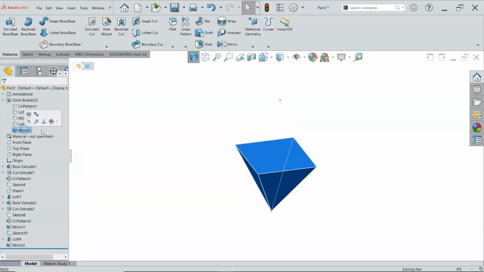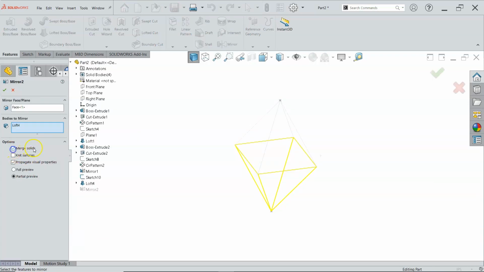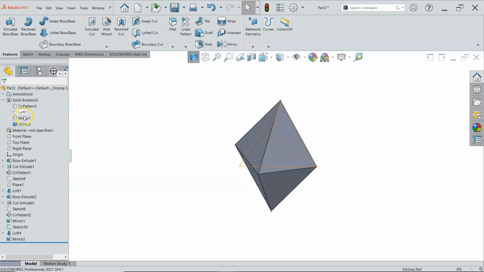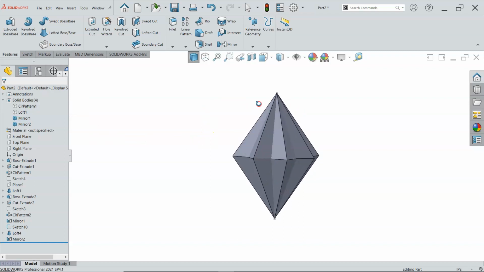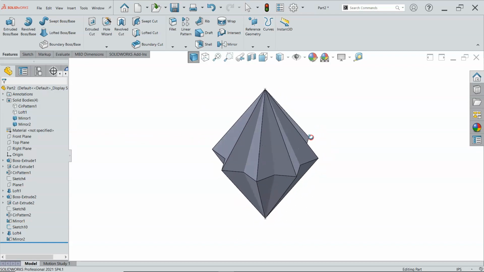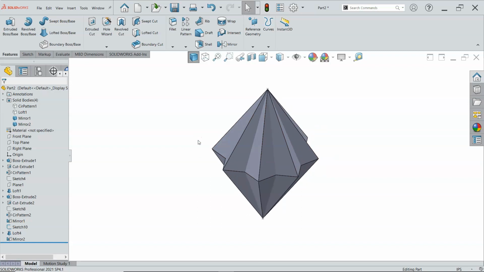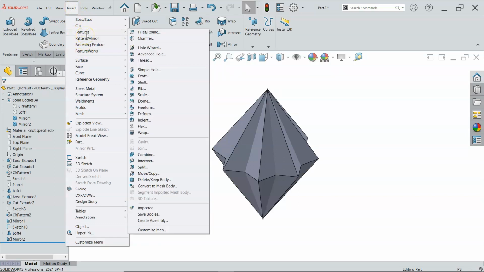So we have the loft and the mirror, and apparently on that one I did not hit the feature to merge solids between the two features, so we ended up with an extra. So if I show and then right click and show, I'm going to see the overlap of those two geometries. Right, so here's another one of those strange shapes that if I wanted to join those, there is a tool to either combine or join depending on where you're at. So if we go to the insert features,